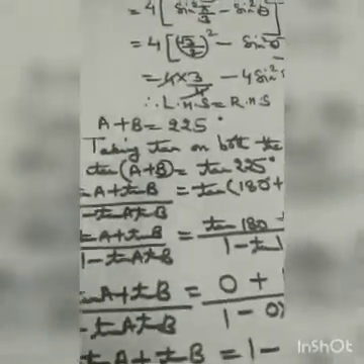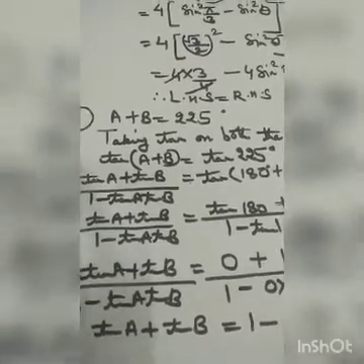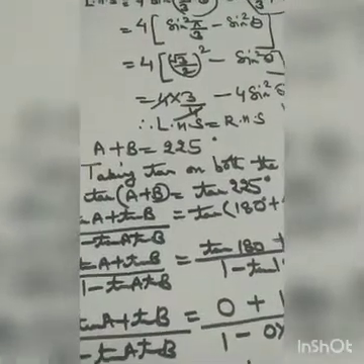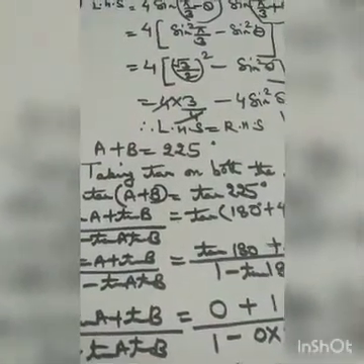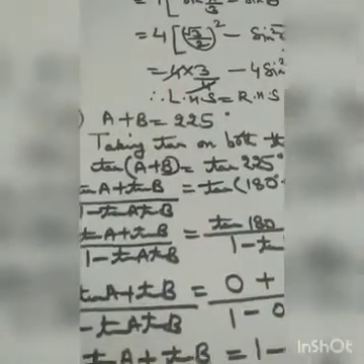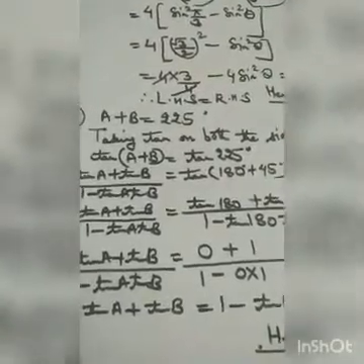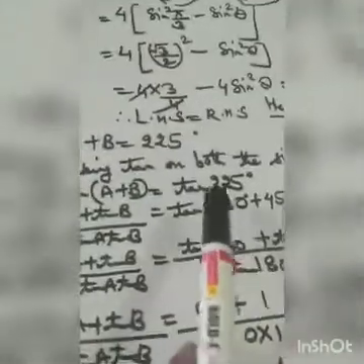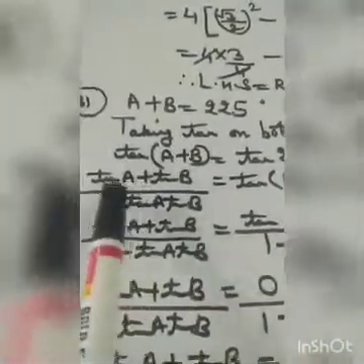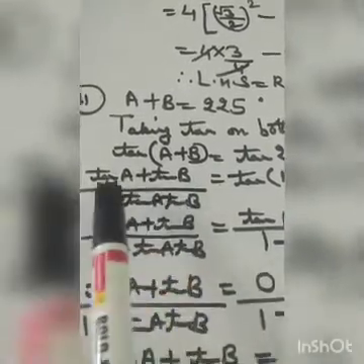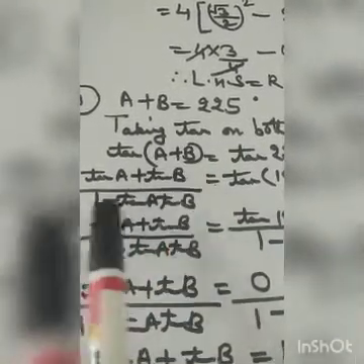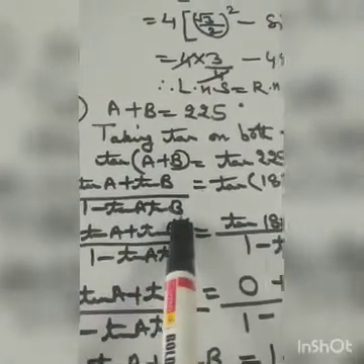Now comes another question. A plus B is equal to 225 degree. Now from here you have to prove an identity, that is tan A plus tan B is equal to 1 minus tan A tan B. Now how to do this? Taking tan on both the sides. This is the procedure of doing some of the questions. So taking tan on both the sides, you are getting tan of A plus B is equal to tan 225 degree. Now simplifying left hand side, use the formula tan A plus tan B upon 1 minus tan A tan B. And right hand side